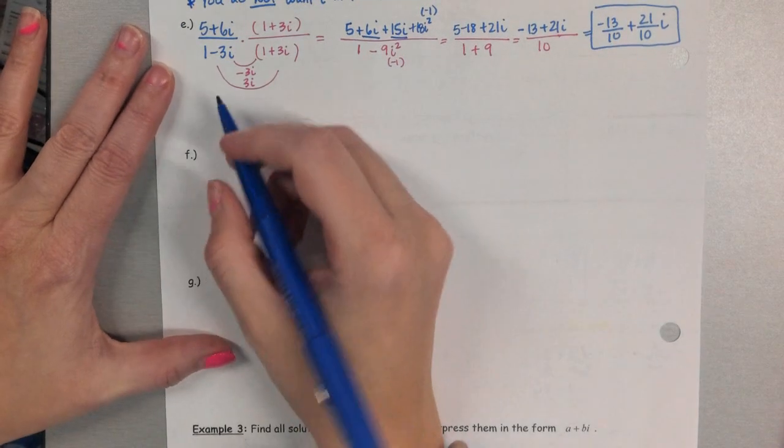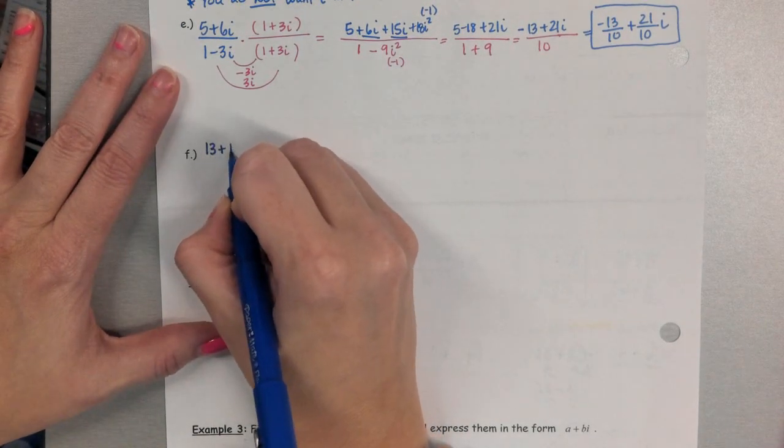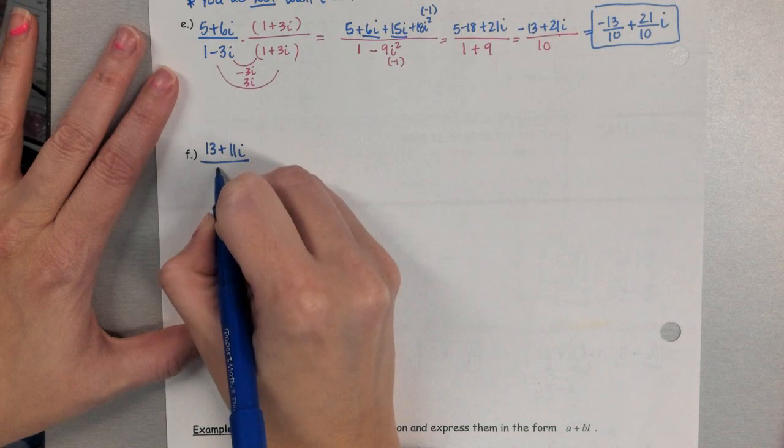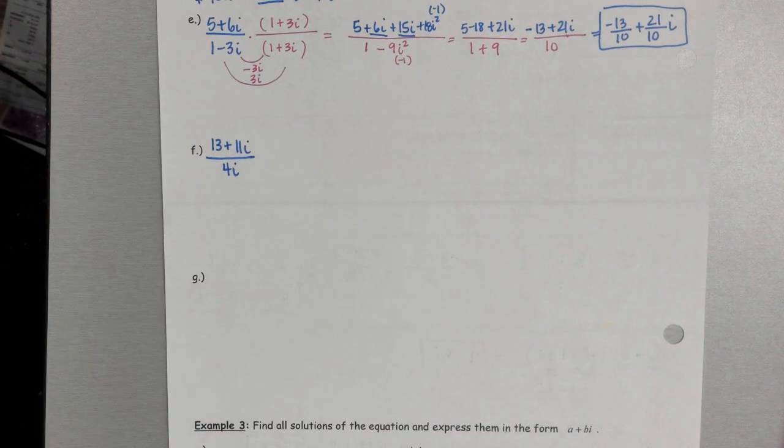All right, and then F. There are many different ways that you can do F. So there are different things you can multiply. So I want you to think about that, and then